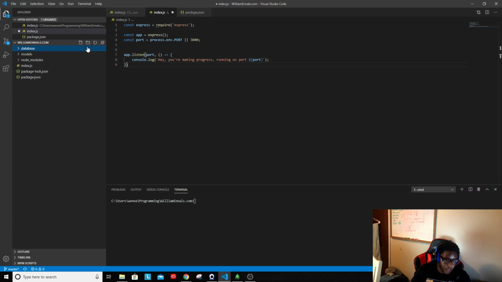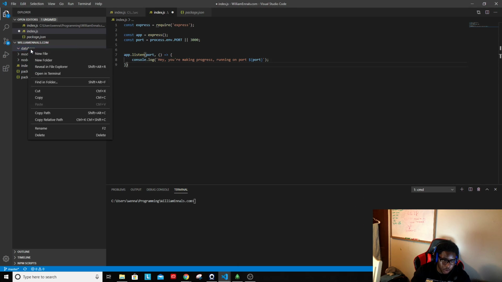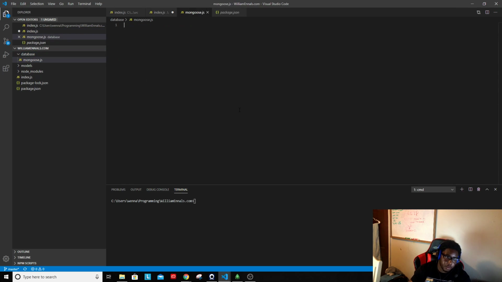Boom. And then I'm going to say new file, and I think I could just call it database.js, and then, yeah, mongoose.js. So something very simple to just say, hey, this is what sets up my database. Mongoose.js. Boom. Got that. And then now I need to install mongoose, so I need to do npm install